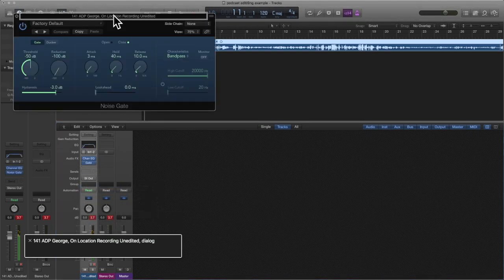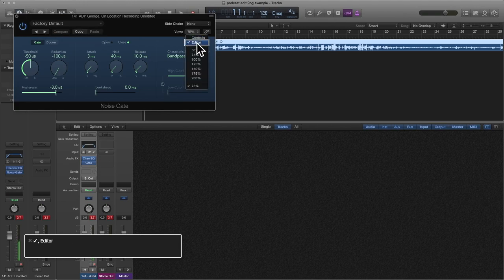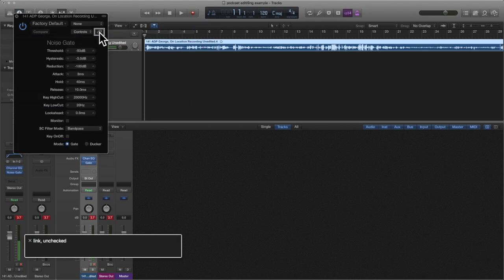Dynamics. Noise gate. Stereo. We're going to turn Keyboard on. Our view menu. Toolbar. Bypass. Factory. Sidechain. None. Previous. Next. Compare. Copy. Paste. View. Menu. Controls. Editor. Controls. We're going to go to controls. Threshold. Minus 50 dB. And we're going to interact with the threshold, and we're going to go to the beginning of the track and